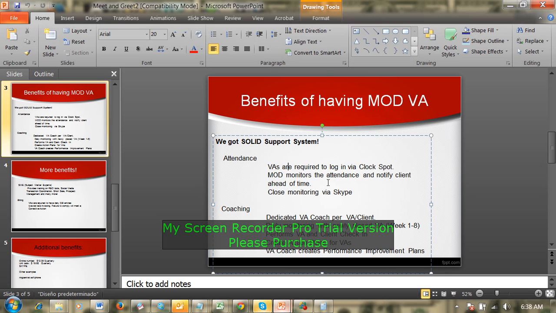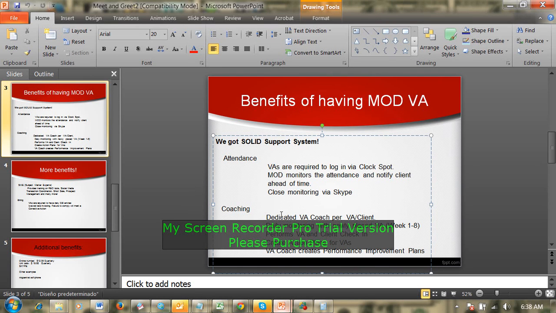Also, aside from that, just to let you know, we already have this web-based time tracker, what we call Mod Clock, and we can always track them there. So in case Krista will not make it for the shift, rest assured that you will be notified ahead of time, so at least we can do some workaround.